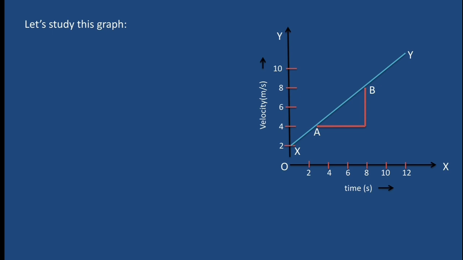Now you see these two lines intersect at a point. Let us call this point C. So you see that we have a triangle ABC. In this triangle ABC, we see that BC is perpendicular and AC is base, because this triangle is a right angle triangle. Now, if we divide the perpendicular by base, then the value we get gives the slope of the graph. It means we can write slope is equal to BC upon AC.